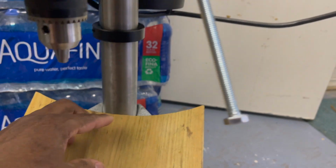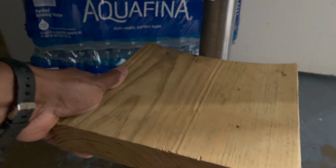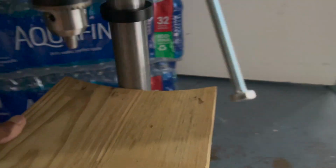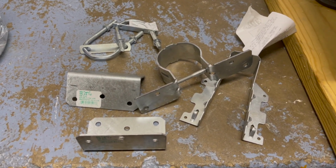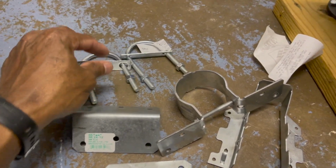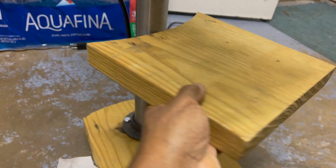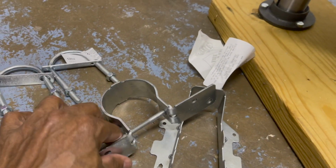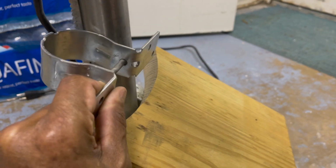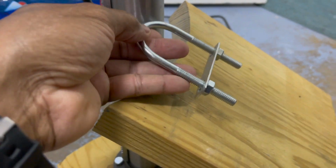All I need is another piece that goes around up here, so I can hold this platform up straight so I can drill, as you can see. Alright, I've been to Home Depot just a while ago and I got these different parts so I can attach this drill platform board right here. Something kind of better than this, you know, as you can see. This might work though, or I can try to hook the top and bottom part with this here, and this at the bottom,